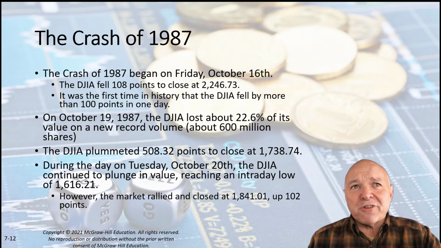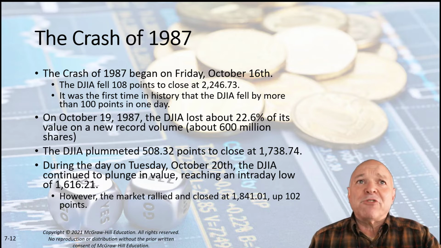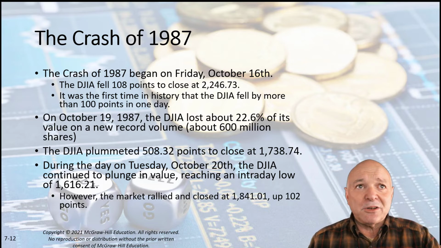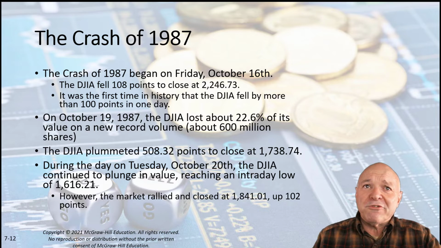It started on a Friday with the Dow Jones falling 108 points in one day, closing at about 2,246. First time that the Dow Jones Industrial Average had fallen by more than 100 points in a day. The next week was when things got really interesting. And on Tuesday, October 19th, the Dow Jones lost about 22% of its value on a record volume of about